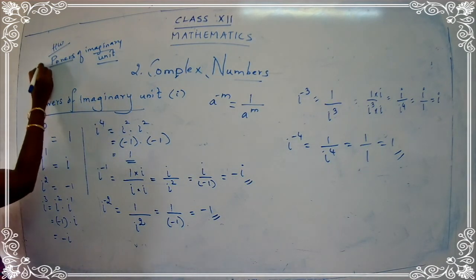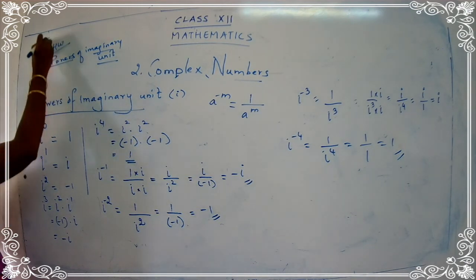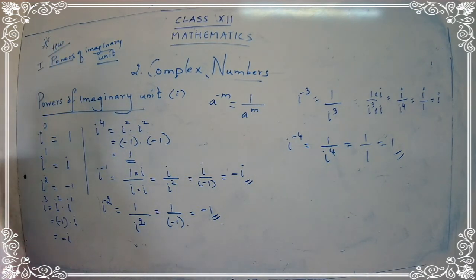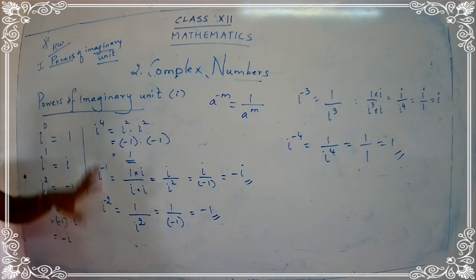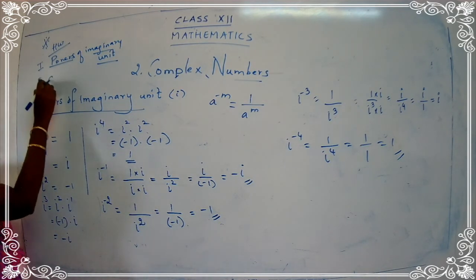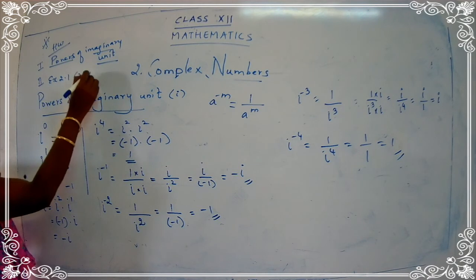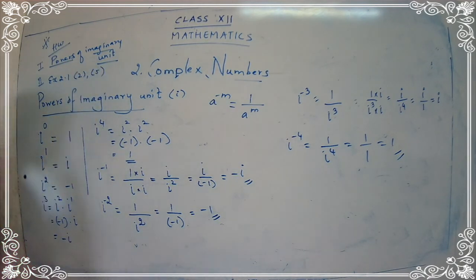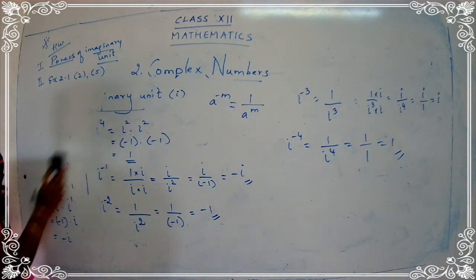So first of all, you're going to write down all the powers. Listen to the homework part. It's a very important thing that you have to follow. The first thing is you're going to write all the powers as your classwork, as it is for powers of imaginary unit. And the second thing is from exercise 2.1, you're going to do the second and the fifth sum. You can refer to the solved examples, take an idea from there and complete the sums. So just a very few sums for homework.